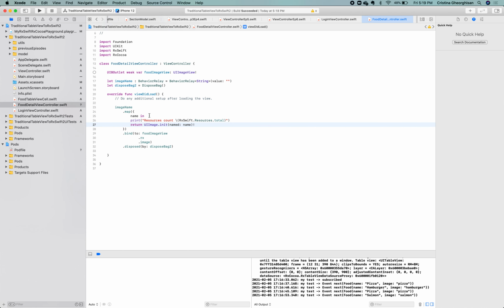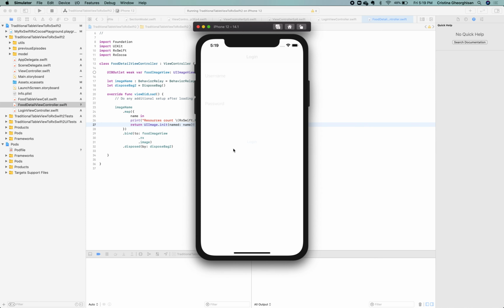Cool. In case resources.total keeps increasing when we navigate back and forth, there will be a memory leak somewhere. Now let's run the project and see what happens. We log in again.